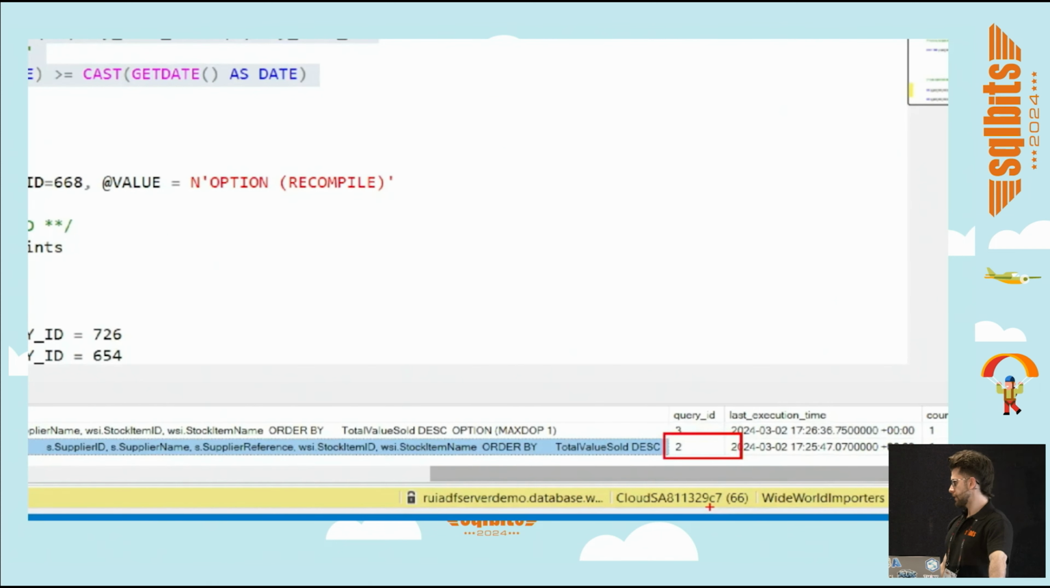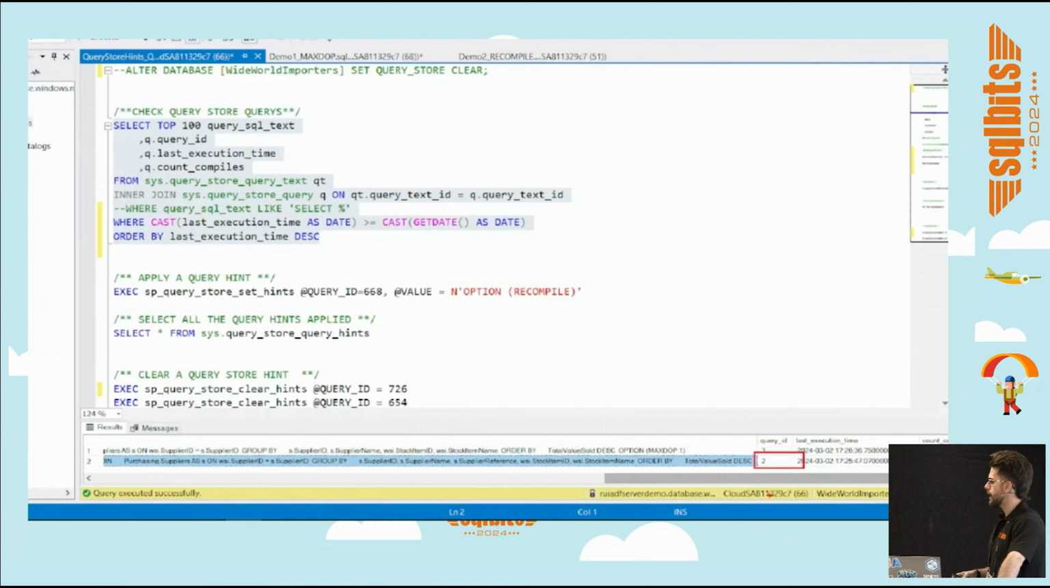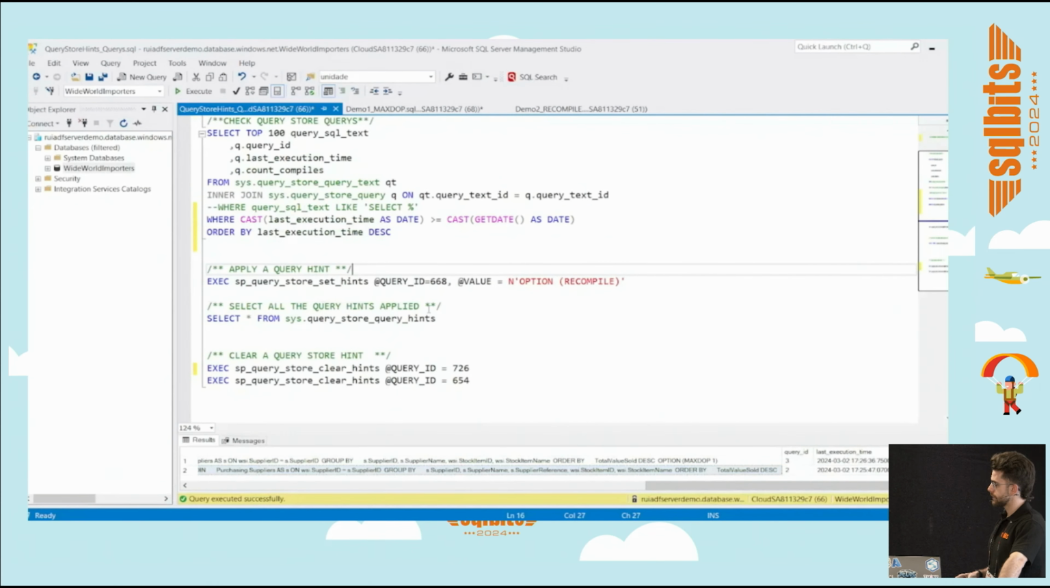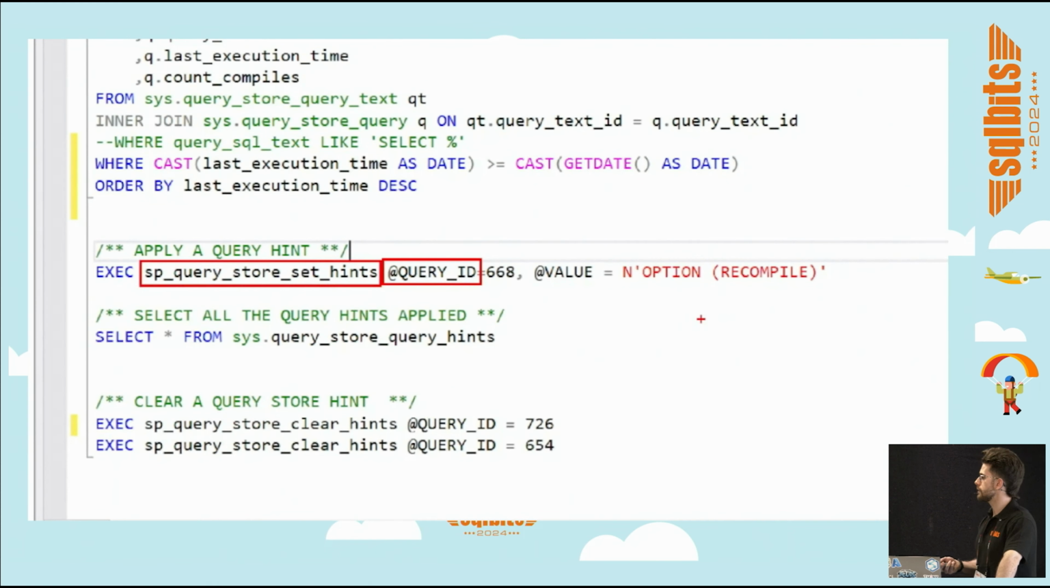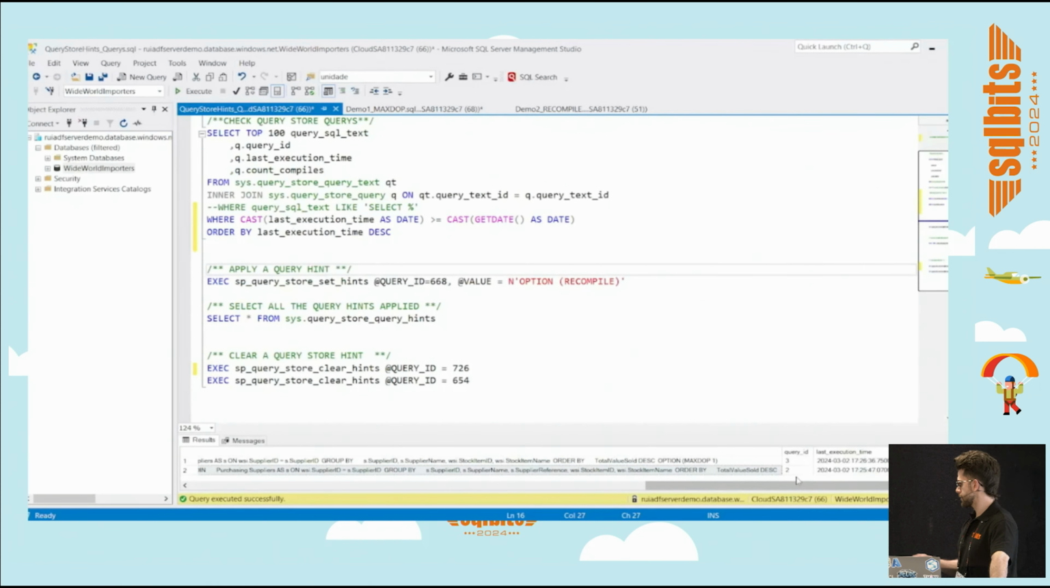Okay. So the only thing that we need to get from here is the query ID, and now we have that specific stored procedure that we are going to run. It's called sp_query_store_set_query_hints. We are going to use the query ID and the value that will, like I said, represent the hint that you want to apply on this query. So for this situation, I will set the hint for the query ID 2, and the hint will be MAXDOP 1. So after I run this, everything is set,